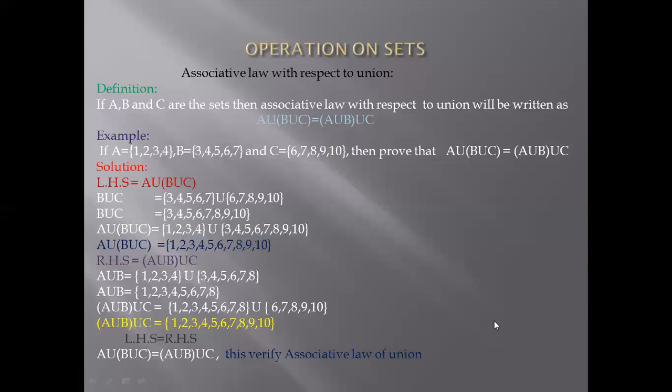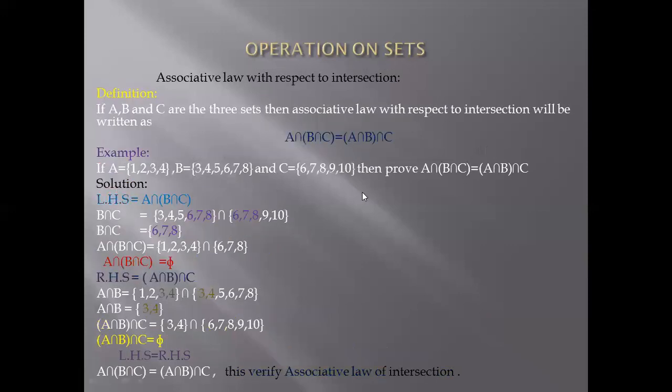Is it clear? This is the same that we did in the commutative law of union with sets, but there were 2 sets and now we have 3 sets. When we are doing the associative law, we always need 3 sets. Okay, now come to the same associative law of intersection.